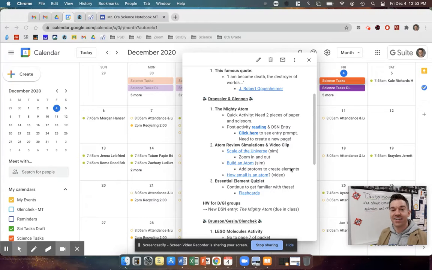Our learning target for today, and I think I mentioned this yesterday, is to develop models to describe the atomic composition of molecules and extended structures. So yesterday, when you were putting Legos together, you were making a model of atoms, a model of molecules. That's essentially what a model is, a different way to represent something that we